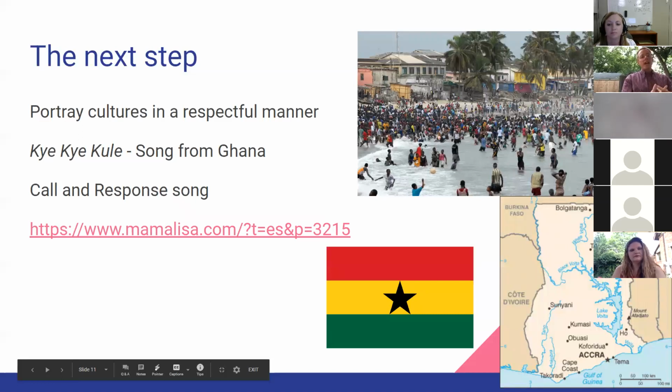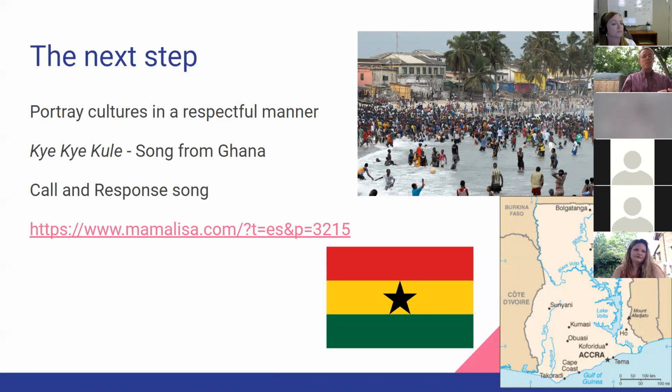So looking at a song, KK Kool-Aid, which I use as an echo song for my older students, call and response, echoing. It's a movement activity as well, but showing students where the song comes from. A lot of times you'll hear people say, well, it comes from Africa, and we need to be more specific. Africa is a continent, not a country. So the more specific that we can show our students, the more that they can understand the world around them.